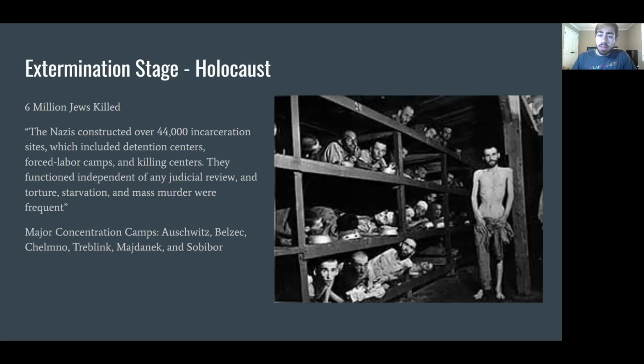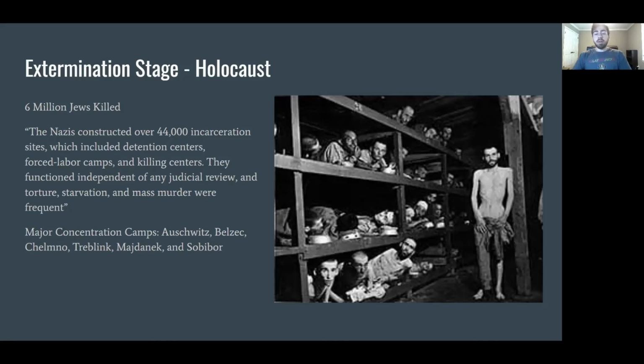The concentration camps were very extreme, and it was not uncommon to see piles of dead bodies within these concentration camps. And then the Nazis also tried to cover it up by calling them labor camps and really trying to hide the genocide that they were doing. They constructed over 44,000 incineration camps